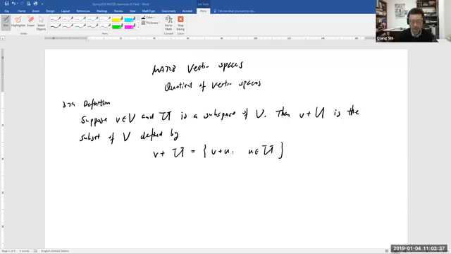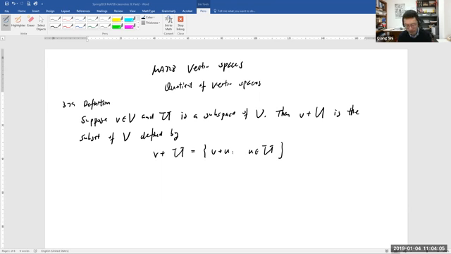Let me share the screen. All right, so this is the definition from section 3E. Capital V is still a vector space, and the lowercase v here is a vector. If you fix the v, then you talk about that one v. It's a lowercase v, taking any vector from the vector space V, and U is a subspace